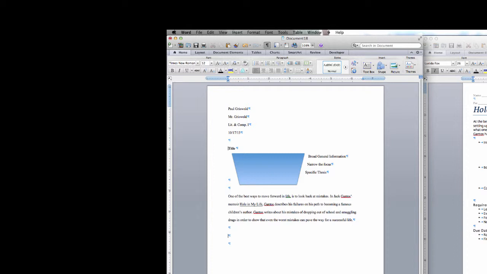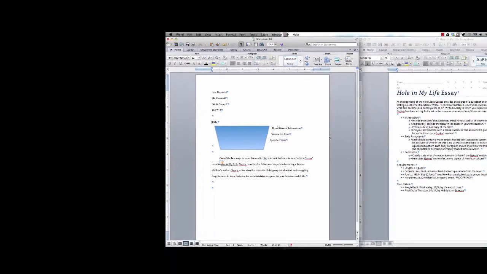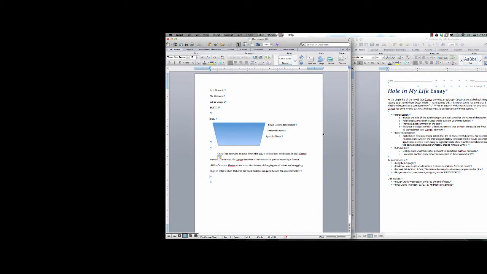All right, welcome back again. Once we have written our introduction, and we got to make sure we indent our paragraphs, we then move on to writing our body paragraphs. And I'm never going to say you need 3 body paragraphs, you need 6 body paragraphs, you need 2 body paragraphs. You need as many body paragraphs as it takes to get your message across.